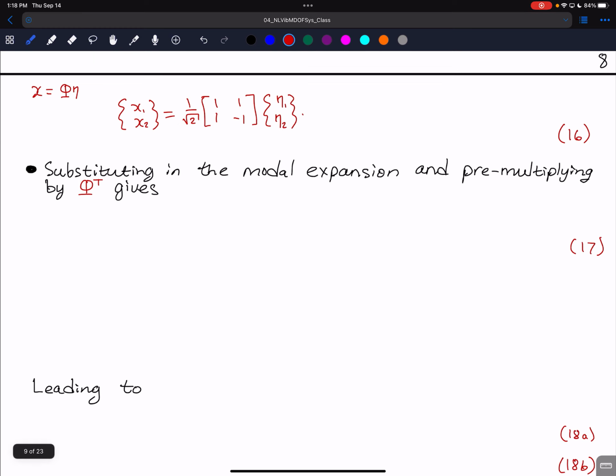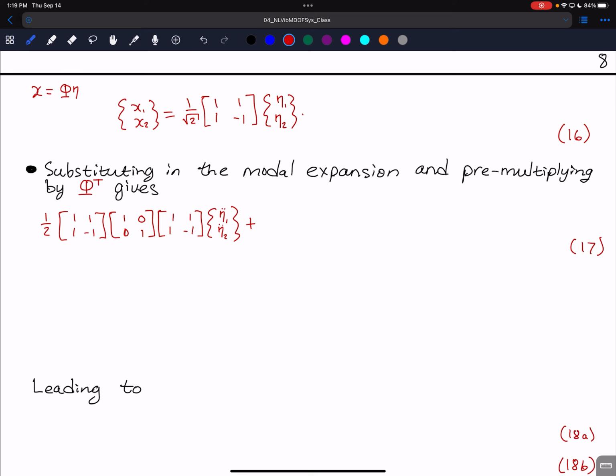Okay, we're now going to substitute that into our matrix form of the equations and pre-multiply by big phi transpose. This ends up giving us 1/2 times the matrix 1, 1, 1, minus 1 times mass matrix 1, 0, 0, 1 times the modal matrix 1, 1, 1, minus 1 times the modal acceleration vector eta 1 double dot, eta 2 double dot